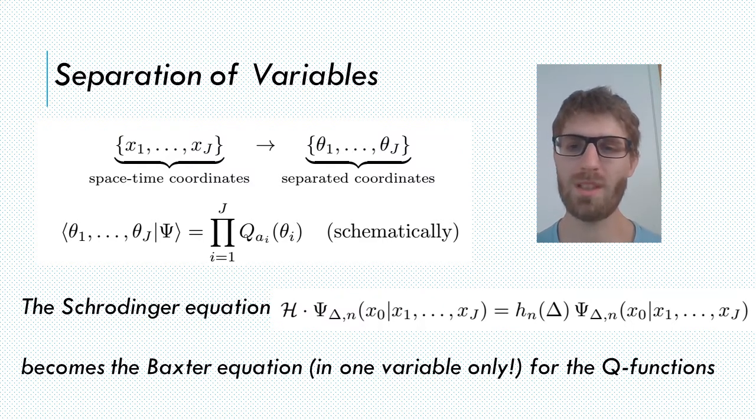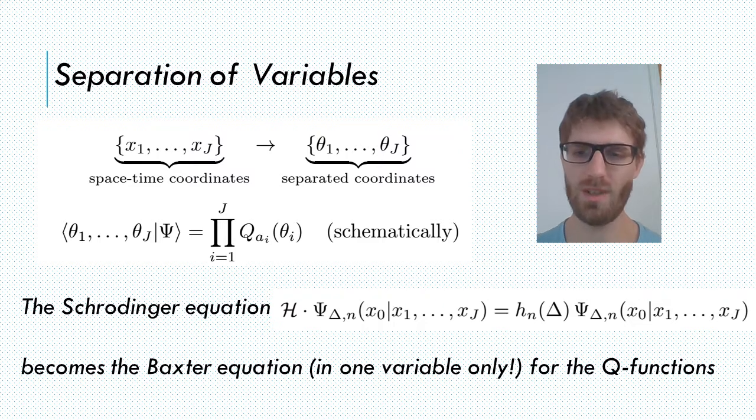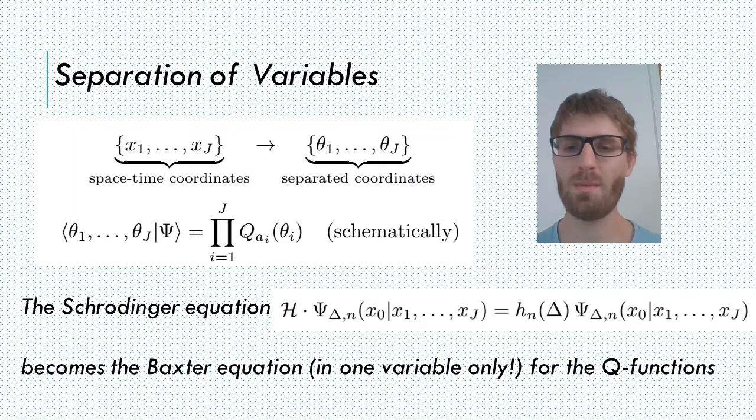In some simple integrable models, there is a direct way to construct eigenfunctions through the famous Bethe ansatz, but for technical reasons, we cannot apply this method here. However, a more general consequence of integrability is the property of separation of variables. It is expected that there should be a special set of coordinates where the eigenfunctions take a factorized form, written here schematically. The factors are the so-called Q functions.